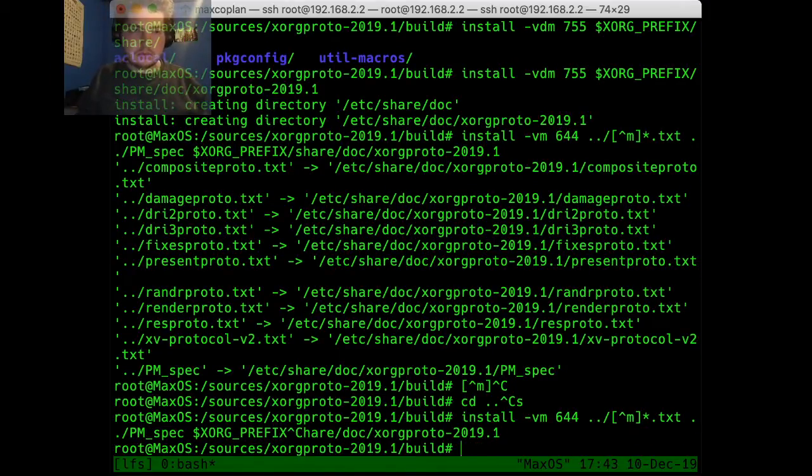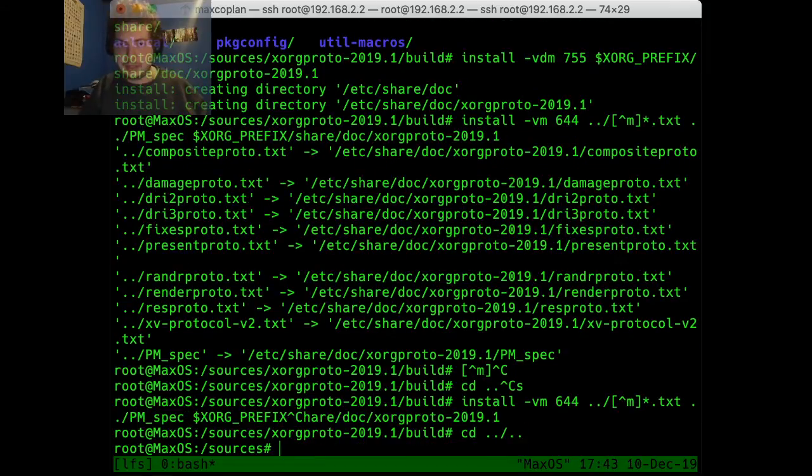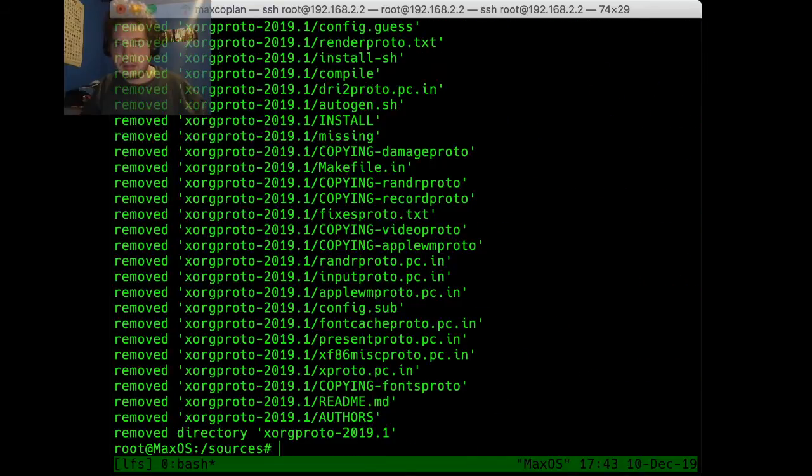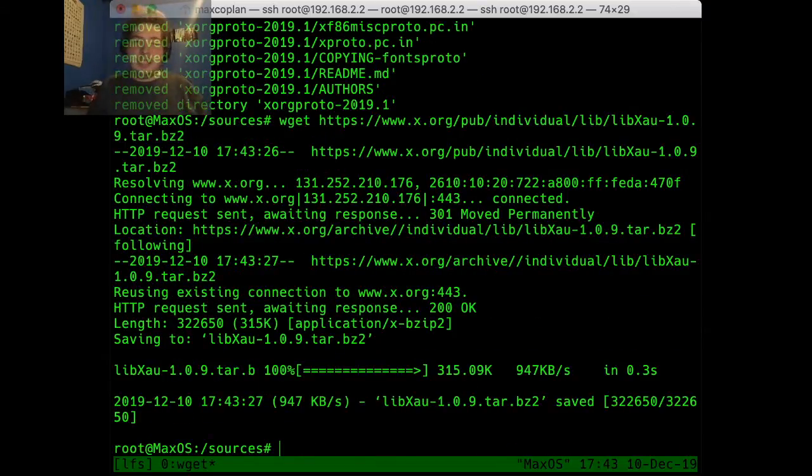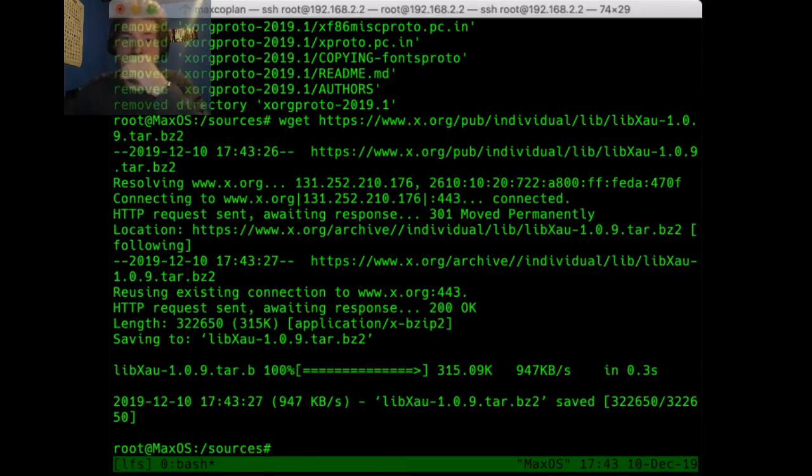All right, so now it's trying to get libXau. So the libXau package contains a library implementing the X11 authorization protocol, and this is useful for restricting client access to the display.